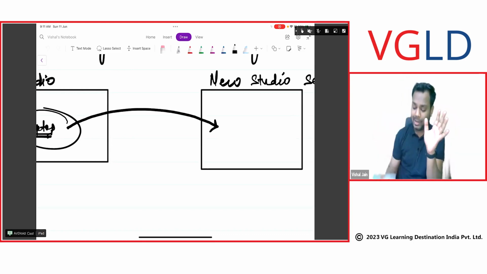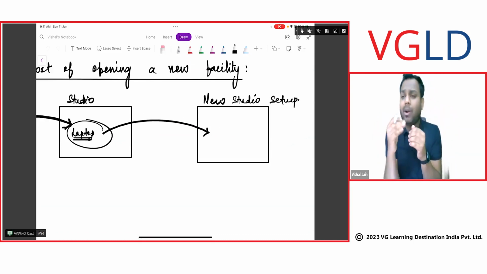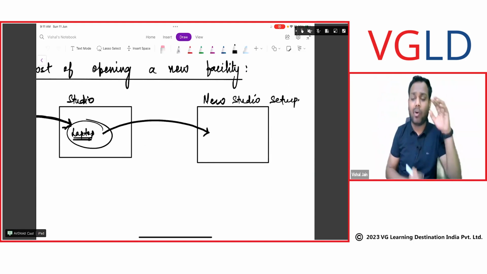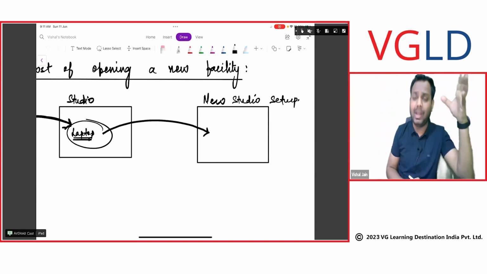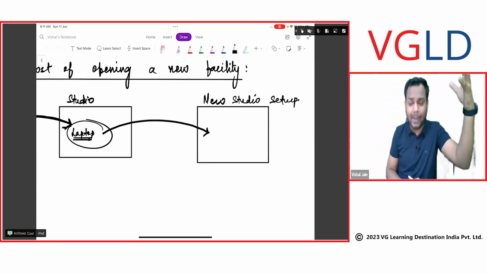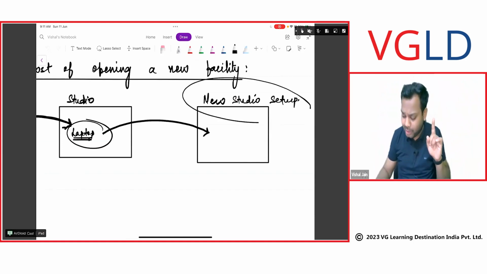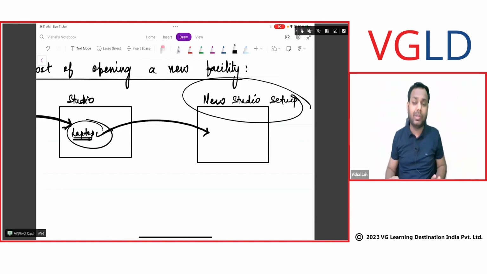So what happens here is it says that whenever you are opening any new facility, you can definitely capitalize the cost of opening that new facility as a whole, as a facility itself, if it satisfies the recognition principle. But you cannot capitalize the cost of opening a new facility to this asset. To this asset, you cannot capitalize. That's what it is trying to mention. Nishan, does this clear your query?